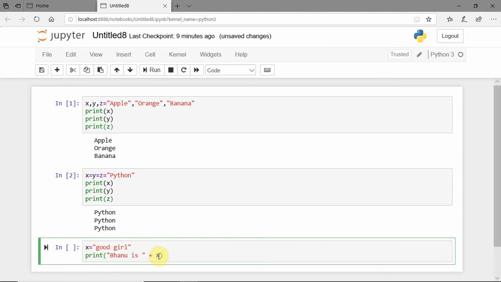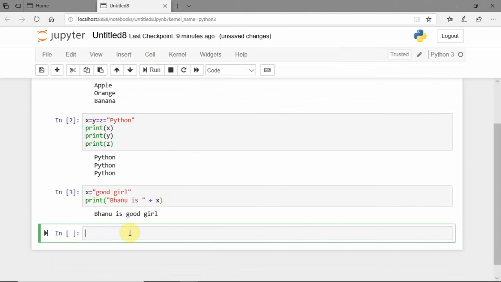So the text and the variable you can combine in Python by using the plus character. Let's print. Bhanu is good girl. Bhanu is the text I have entered here and x is my variable. In that variable, good girl is the data stored in the x variable. So you can combine the text and the variable by using the plus character.